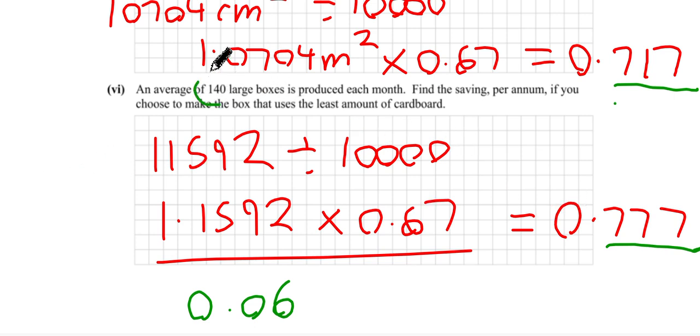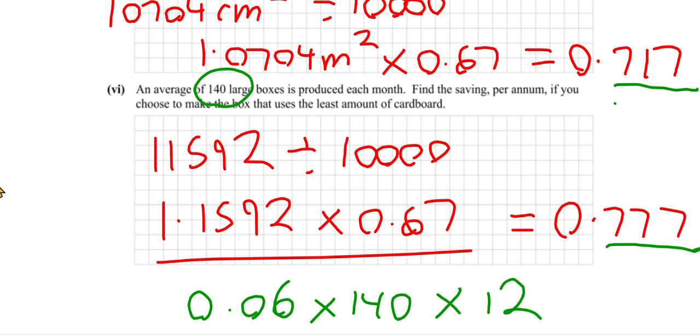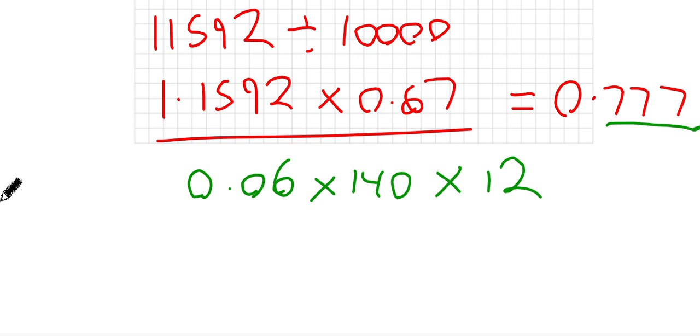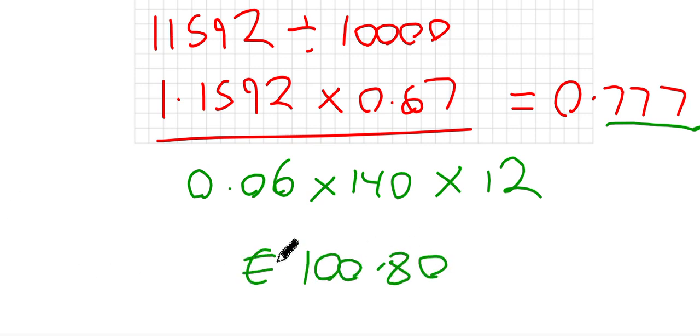And how many boxes are we making? 140 for how many months? 12 months. So multiply that out. 140 boxes for 12 months, and you save 100 quid and 80 cents. That's how much money you're